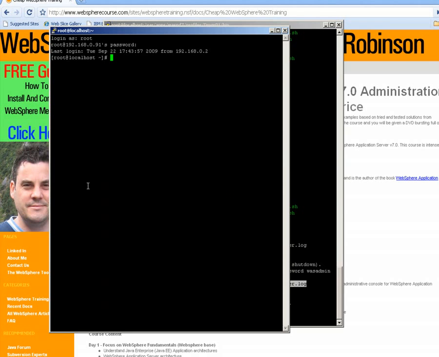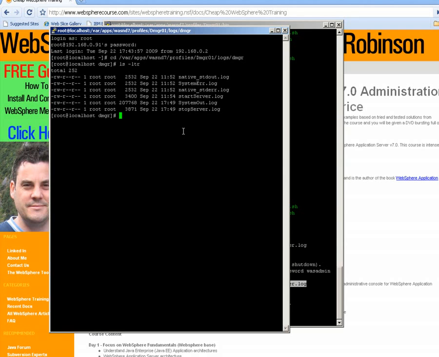So if I change directory into the deployment manager log directory and do a listing, I can see that there are some files. We have stopserver.log, which is telling us that the server has been stopped, systemout.log, which is our main log from the JVM. We have a startserver log, which tells us that the server has been started, native_stderr.log, which is any operating system issues,